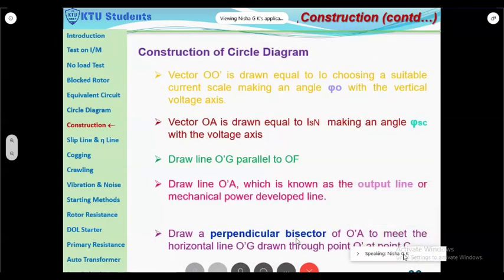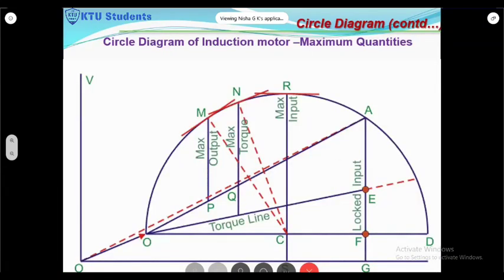So this is the locked rotor condition. The maximum torque line means you will be getting the maximum torque when R2 is equal to Sx2. So the maximum torque will always be equal to K into 1 by 2x2. So depending upon the reactance value, you will be getting the maximum value, and that is independent of the resistance, because whether you have a low resistance or a high resistance, the maximum torque always remains the same. But it depends upon the X value.